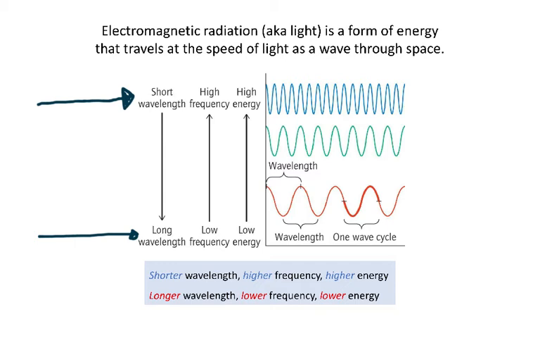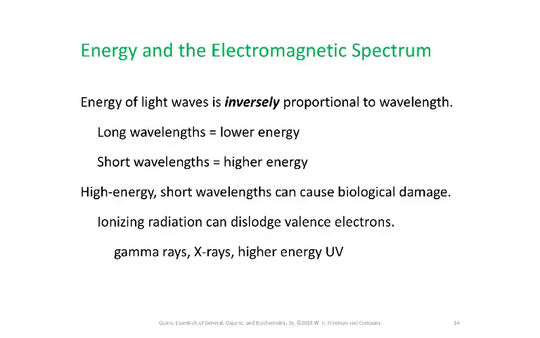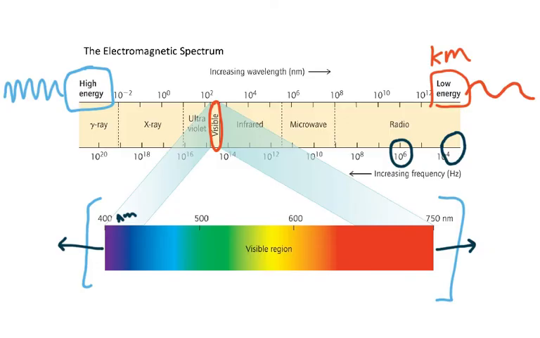Say that wavelength and energy are inversely proportional. So the energy of light waves is inversely proportional to the wavelength. And so then high energy, short wavelengths can cause biological damage, right? Like high UV light causes sunburns. And so UV light from the sun would cause sunburns, but past UV are X-rays and gamma rays,